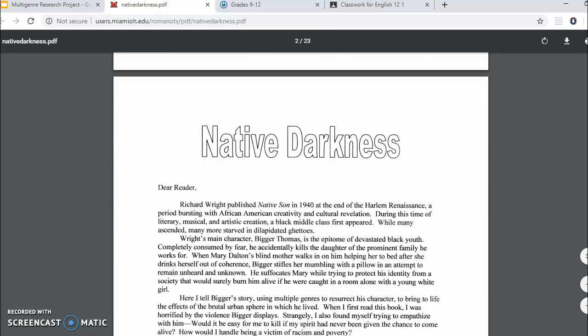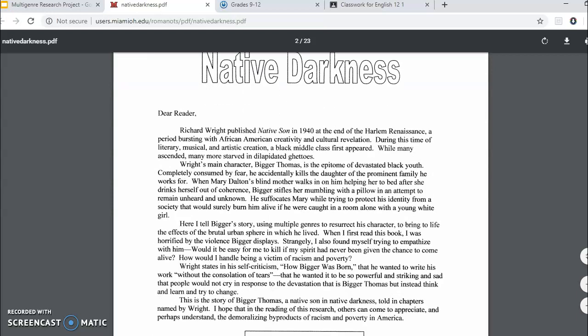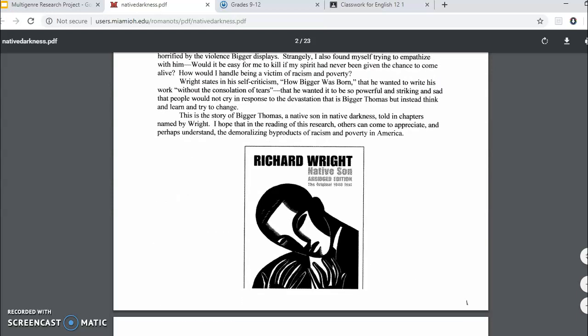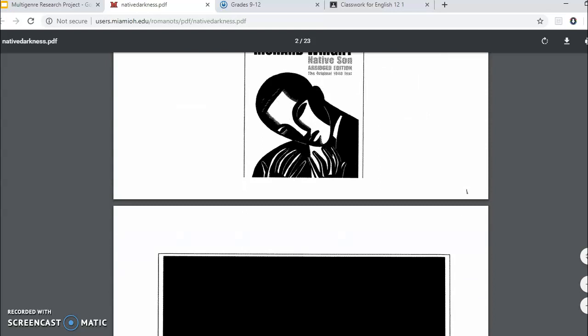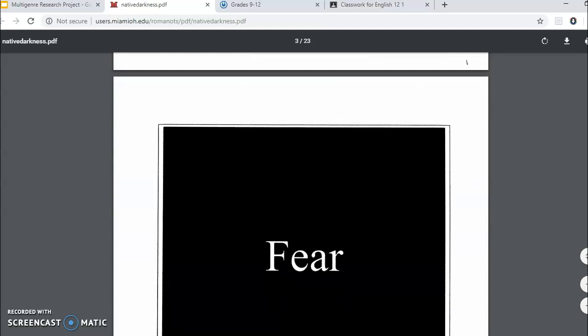And you can see the student starts off with a letter to the reader, dear reader. And this is how these projects start off, kind of a letter to the reader explaining what they're going to see, what they're going to read, and what it's like. I'm going to do this somewhat quickly, but I just want you to get the feel of it. And you can see there's a lot of images in here. Again, it's not just like a 10-page research paper, a 5-page research paper. It's shorter, it's much more visual, and has all these different types of writing fused together.